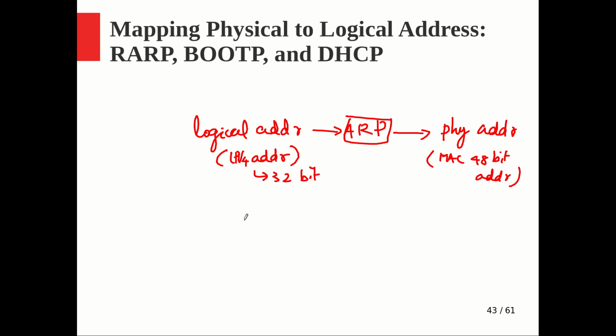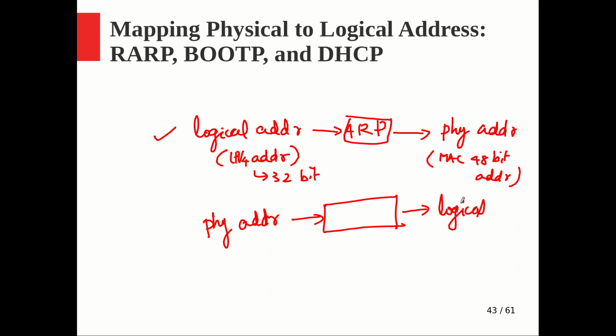Now we are going to see the opposite situation, and where it is needed. So this part is clear for you, right? The ARP we covered in detail, why ARP is needed and how it is done, the ARP request and reply, everything is clear. Now let's see the opposite process, that is, given a physical address, the protocol software is supposed to give you back the equivalent logical address. Where it is needed we will see. Who will do this task? Of course, the obvious choice is reverse ARP, which is supposed to work just the reverse of what ARP does.